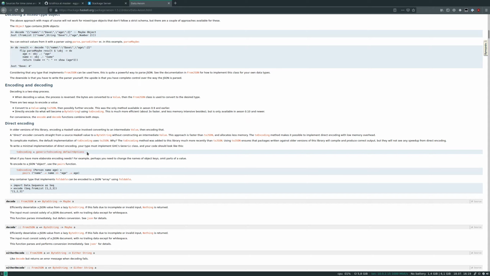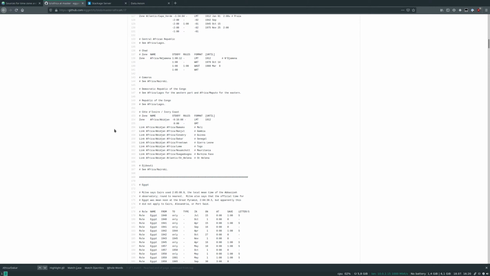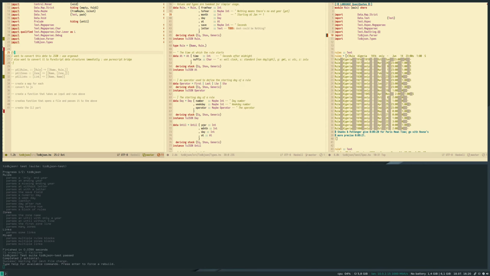I feel like if I write a map, map-like structure. Okay.